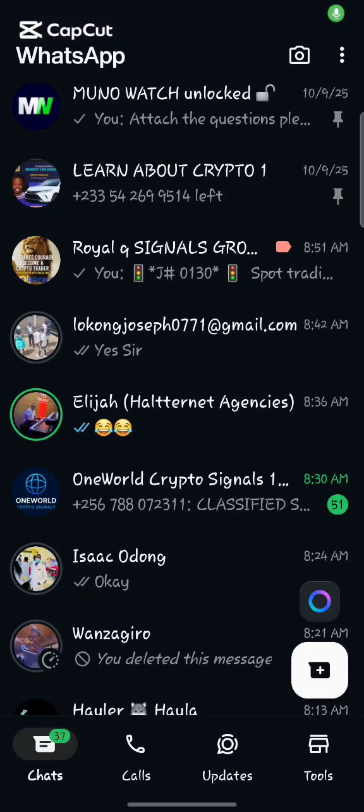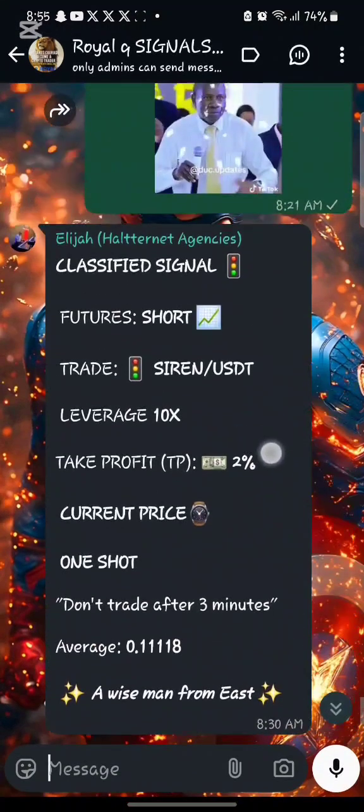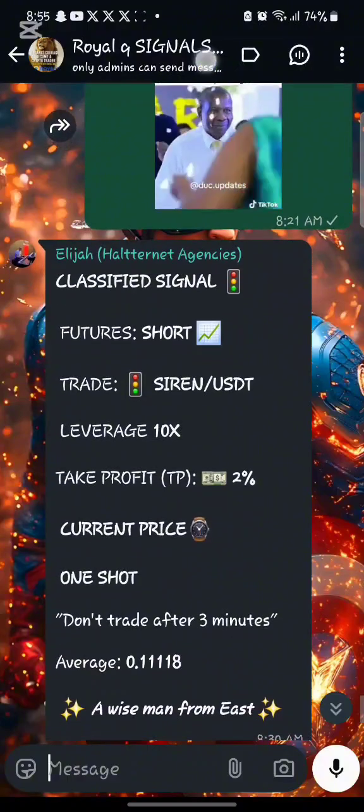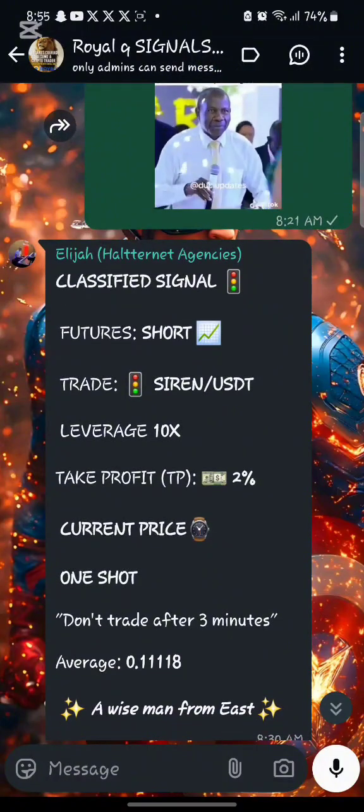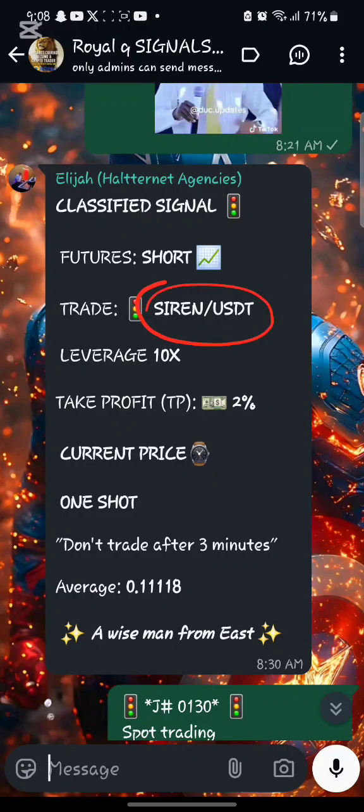So today we are going to look at how to set a future signal, and without wasting any time, of course, I'll come to our signals group here, and let us pick one coin for example. To use as an example, the name of the coin, yes, it is Siren. After seeing it,